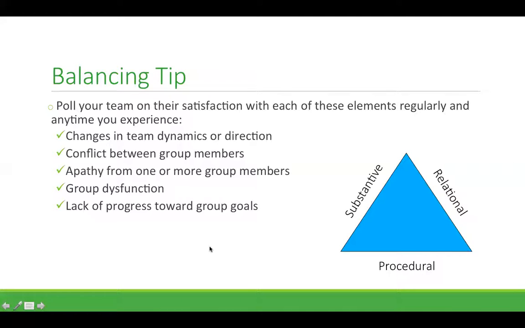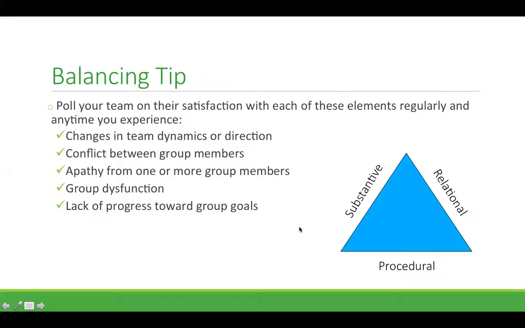And if you see things that are changing, like a change in team dynamics or direction, or all of a sudden you have a new mission to add to your already full plate, or if you notice conflict between group members or apathy, people stop showing up, other conflict or group dysfunction, or you're simply not making much progress, or you think you could be working a lot faster, chances are that one side or all sides of these triangles are really out of balance.